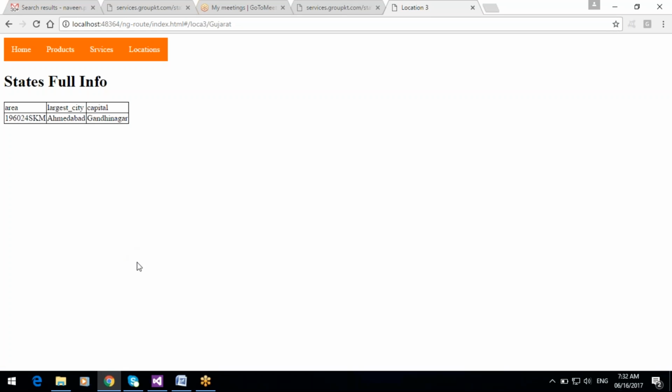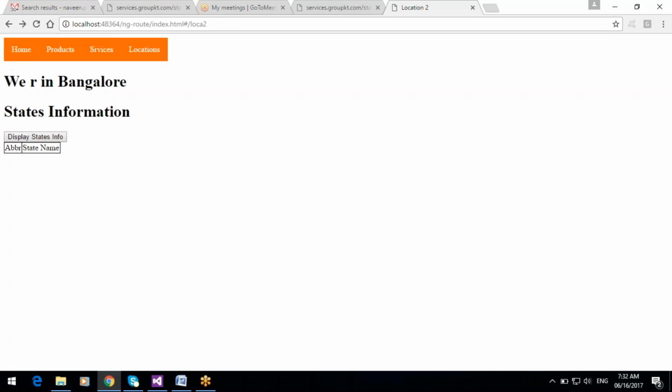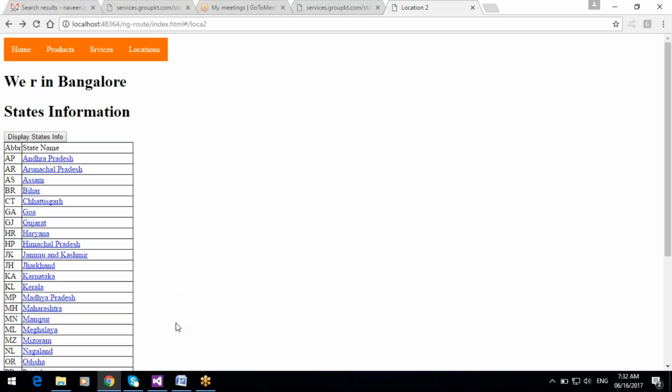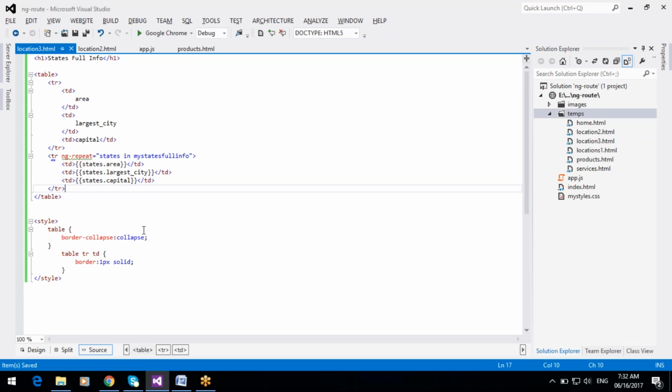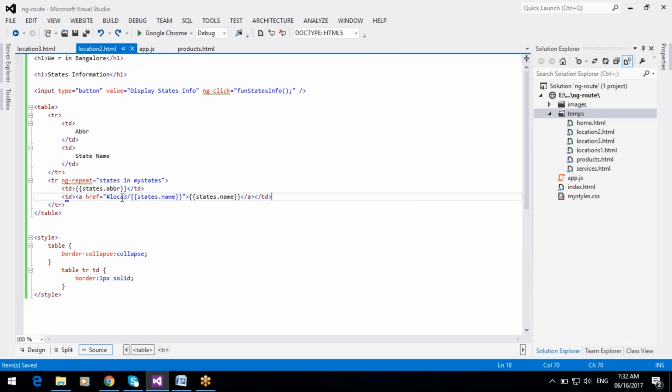And Gujarat, here Ahmedabad and Gandhinagar. So like this you can find the appropriate result by using the query string. Like this we have to pass query strings from one page to another page.